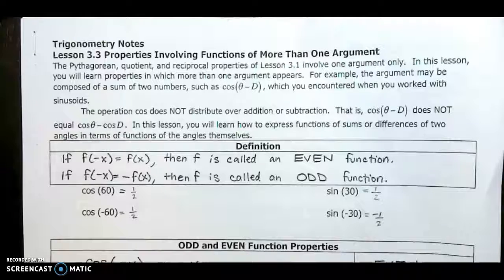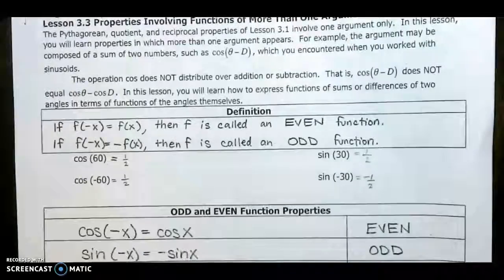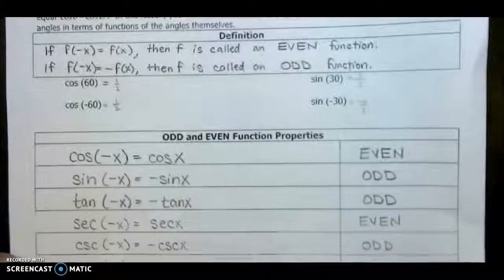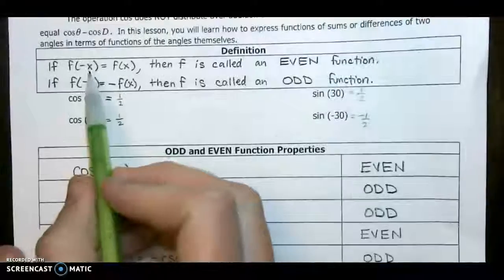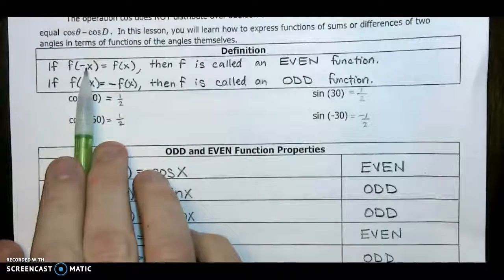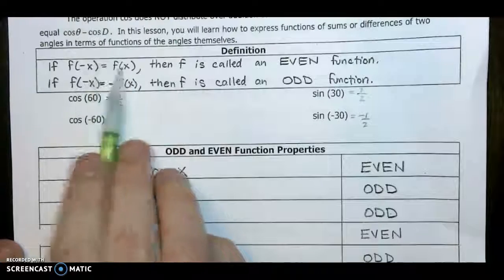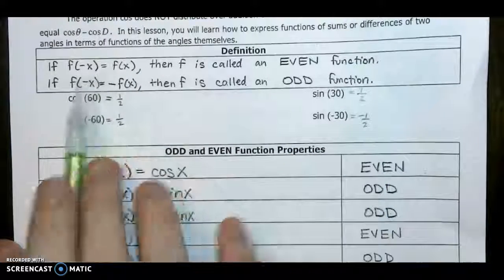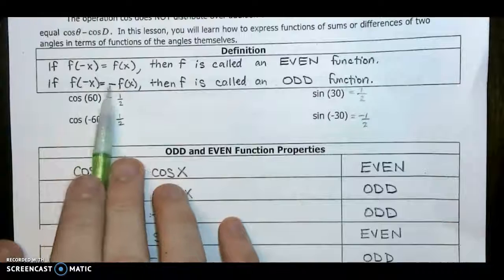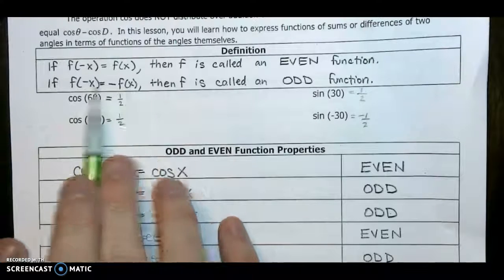In lesson 3.3, we're getting a bunch of new properties. The first one we're going to look at are even and odd properties. So we know from algebra that when you plug in a negative x and you get positive f of x back out, so the negative disappears, it's an even function. When you plug in negative x to a function and you get negative f of x, meaning the negative stays,